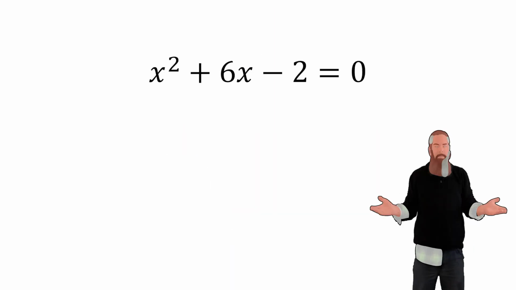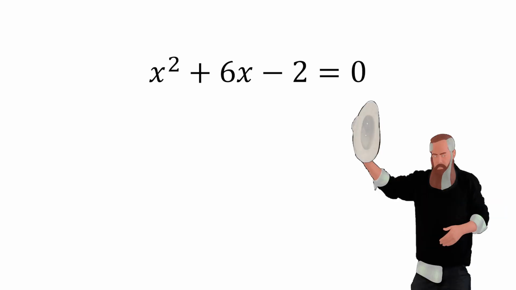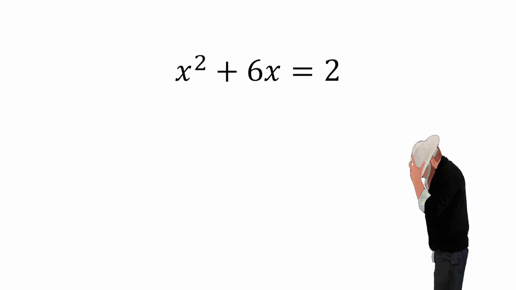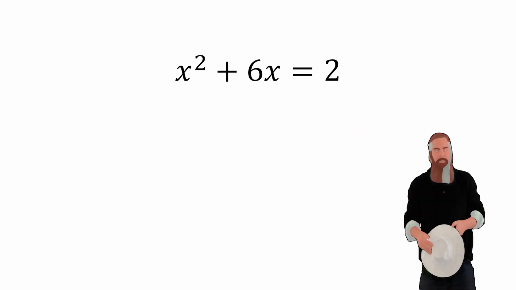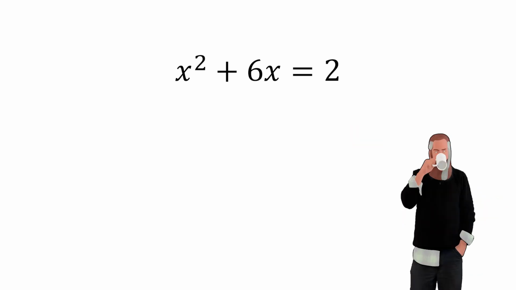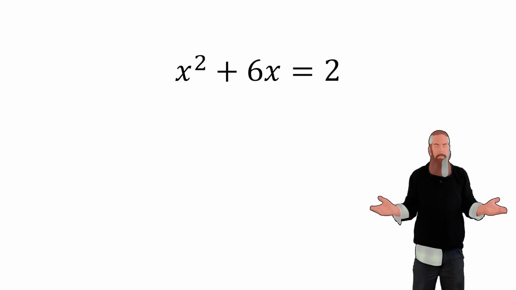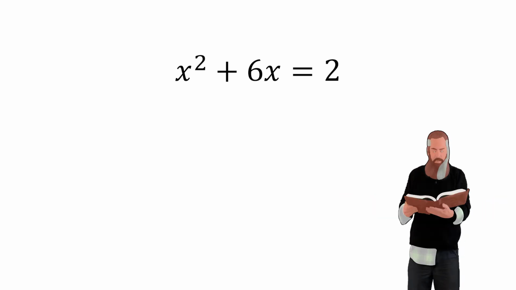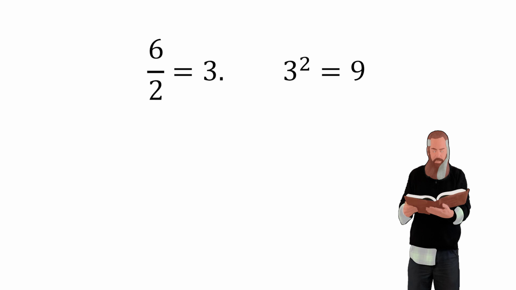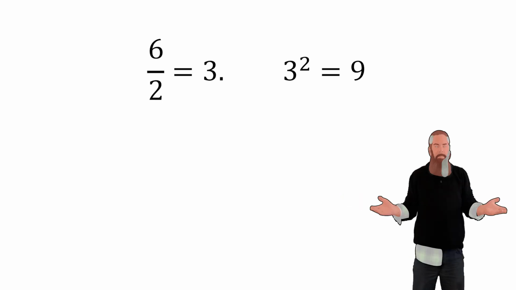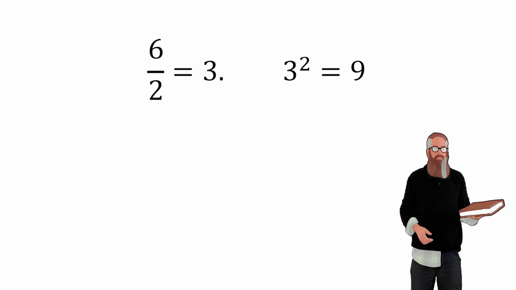Find the roots of the equation x squared plus 6x minus 2 is equal to 0. We're going to move the constant term to the other side of the equation by adding 2 to both sides. We're going to add a constant to both sides of the equation so that the left-hand side becomes a perfect square trinomial. To determine the constant term, take half of the coefficient of the original middle term, that x term,